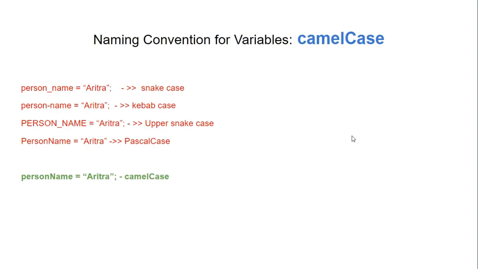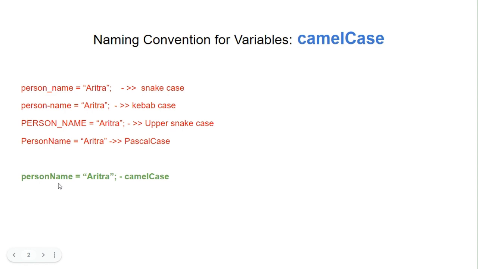Naming convention for variables. In JavaScript, it should always be camel case. As we can see here, all the variable declarations highlighted with red are wrong: snake case, kebab case, upper snake case, or Pascal case. We should always use camel case to declare a variable in JavaScript. So if the variable name is person name, then the P should be a small letter and N should be